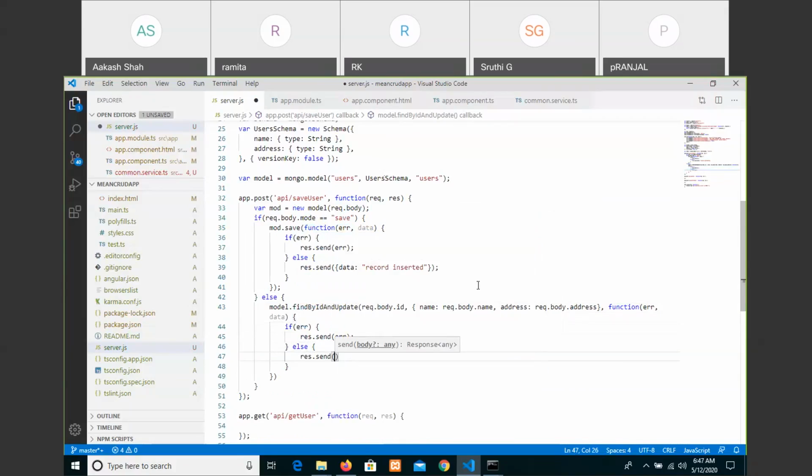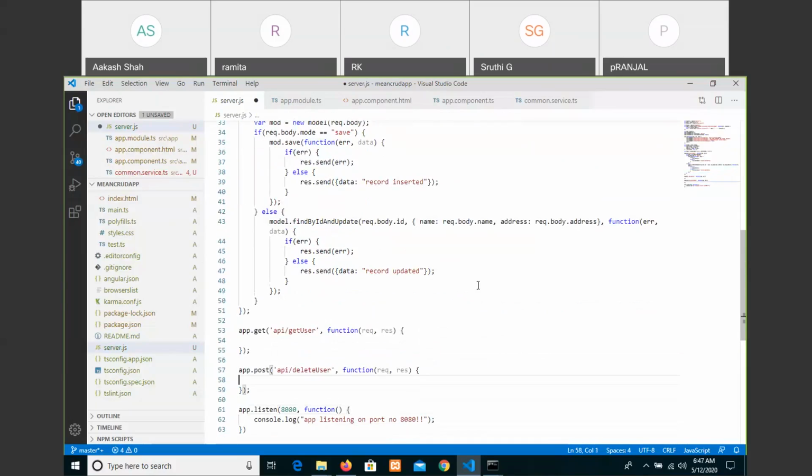Based on that line number 43, based on the ID matching, you are updating. If it is successful, if it is failure, we are writing the conditions. So here send record updated. We have written both things at one place itself. I mean, what you can say, adding and updating. So now